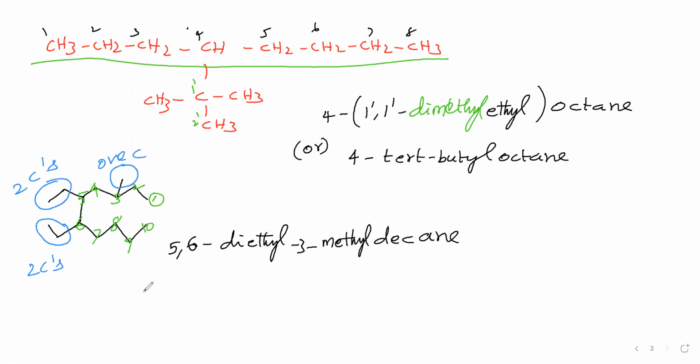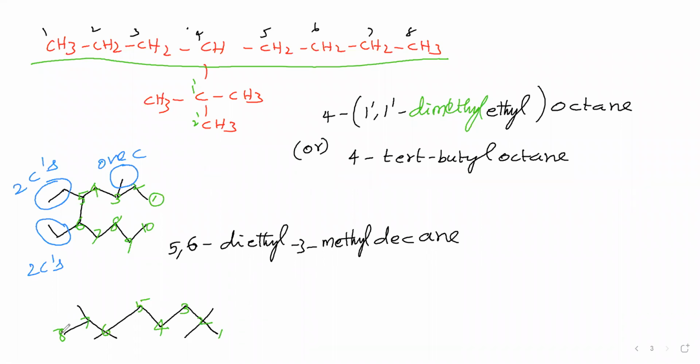Let us take the next compound. We have taken the bond notation like this. Let us select the parent chain here. In the parent chain, first carbon, second carbon, third carbon, fourth carbon. Over the carbon I am writing the number. Here I have written 2, meaning at this place a carbon atom is there. Then it is the 5th carbon, 6th, 7th, 8th carbon. This is the parent chain.